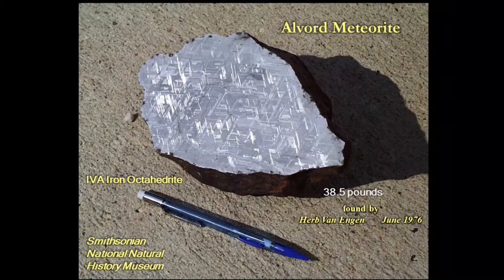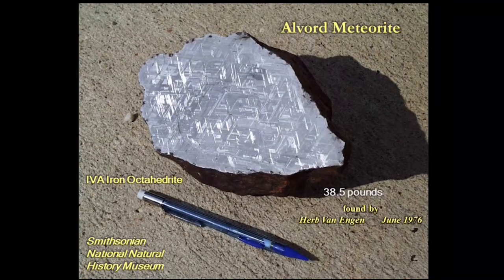They had it cut in half, and they kept one half, the Van Engens did, and the other half was in the museum there at Chicago. Oh no, I mean, sorry, in the Smithsonian. I mean, not the Chicago Museum. I forgot. Anyway, so the other half is in that museum, and this half apparently got sold somewhere along the line, because when I put that meteorite display together for the rock show back in '99, I only knew of one meteorite, and it wasn't this one. It was a different one. It was an Alvord meteorite, but